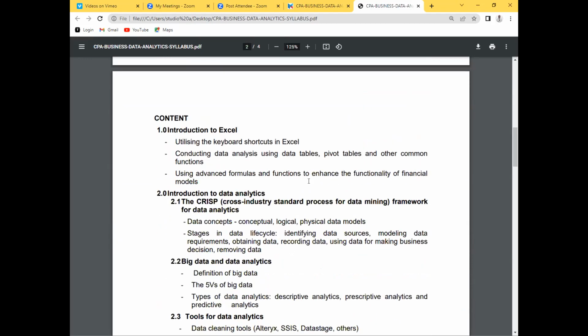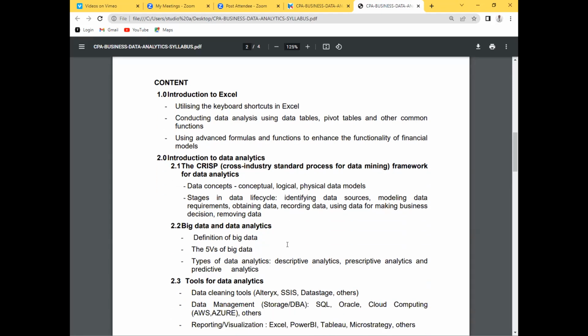So, introduction. The first thing they would want us to do is to introduce you guys to Excel, how to utilize the keyboard shortcut in Excel, conducting data analysis using data tables, pivot tables, and other common functions, using advanced formulas and functions to enhance the functionality of financial models. It's not really as rigorous as the Excel that I'm teaching you guys here. We expect as we move on, they should be able to expand this to include many other things which are very important for accountants. And then we have topic number 2, introduction to data analytics, where we are looking at